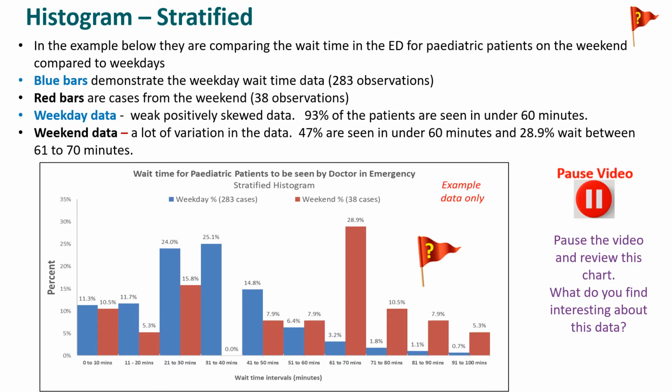So with the example below, looking at paediatric patients waiting to be seen by the doctor in the emergency. The blue bars demonstrate the weekday wait time and the red bars are the cases from the weekend. The weekday data is really showing a weak positively skewed data where 93% of the patients are seen under 60